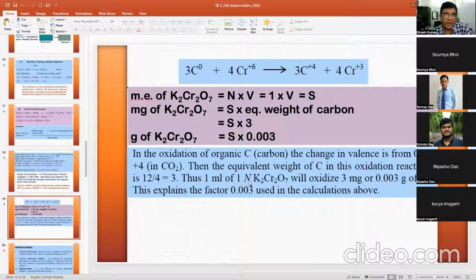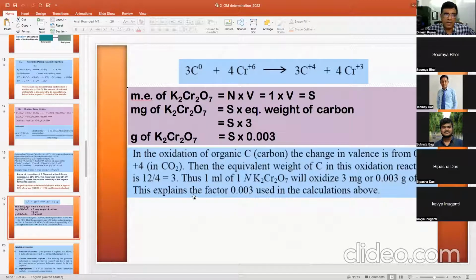So 1 into 1 will give you milli-equivalents. So here you get 3 milli-equivalents. Thus 1 ml of 1 normal potassium dichromate will oxidize 3 milligram or